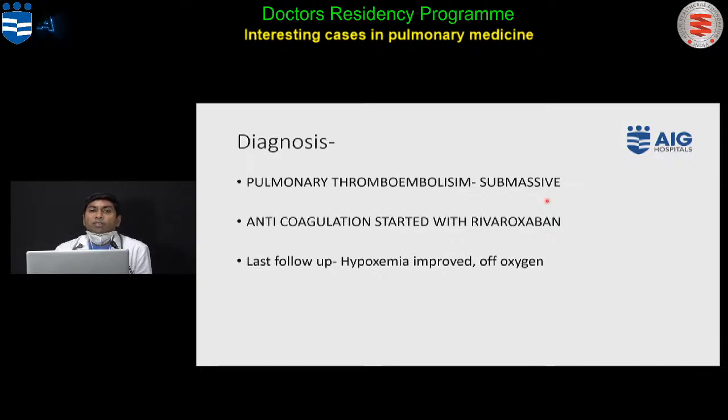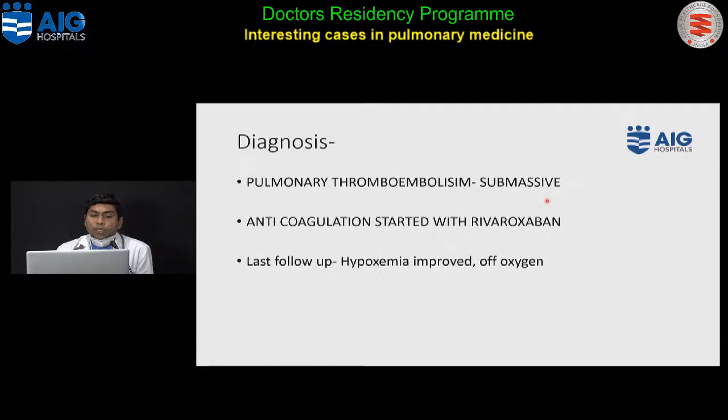If the patient has a mild pulmonary thromboembolism, that is, the patient does not have any hypotension and does not have any evidence of RA-RV dilatation or PAH or RV dyskinesia, we call it a low risk or segmental pulmonary thromboembolism, where you just need to treat the patient with anticoagulation.